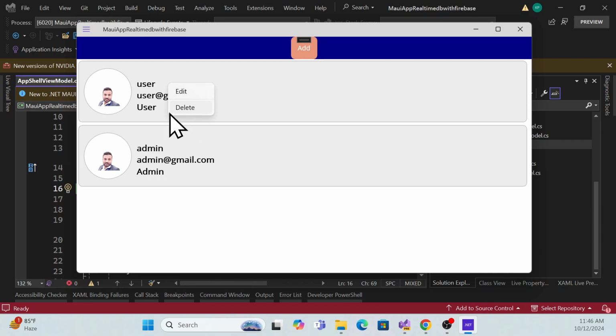Now see, this is another problem, right? Because the user should be able to see that, that is fine, but the user should not have the edit and delete role as well, right? So we will restrict that for now. But before that, I will show you how it looks in a mobile application. Okay, so let me close that